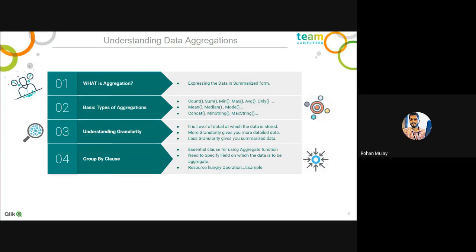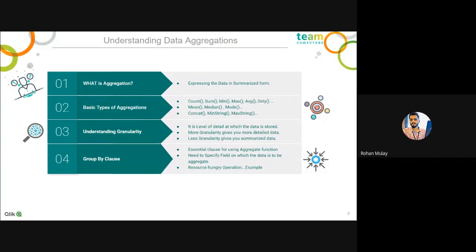But based on whatever we have seen, there are various members who are still not much comfortable using group by. They are not pretty sure that when using group by, which columns they have to use in it. What they do is simply take a load, add multiple columns, apply group by, and then list down all the columns they have loaded in the group by statement. That's it. Why? Because they know that it will throw an error. But many of us are not pretty clear about which columns to take there to actually perform the group by operation in a proper way. Otherwise your output will still remain at a granular level.